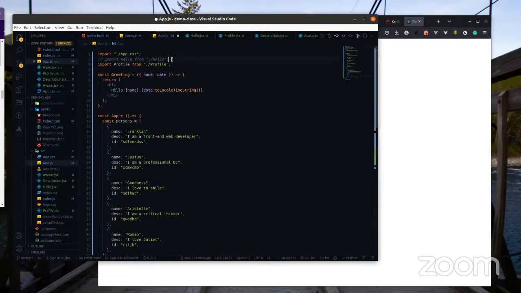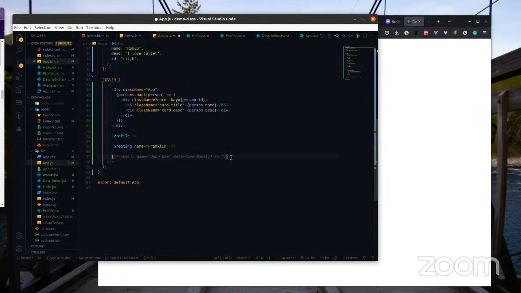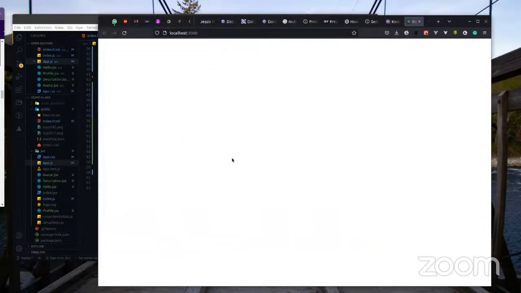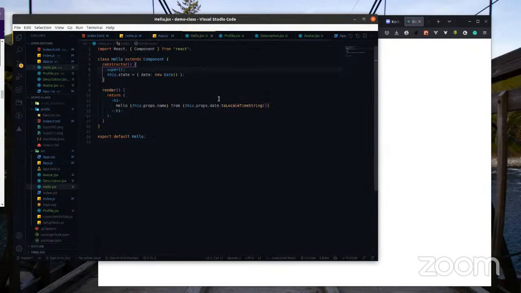I commented hello out, and if you come down here like this, you see that it's not working because state has not been used. There's no props at the moment. That's calling this.date, which is props.date.toLocaleString, but